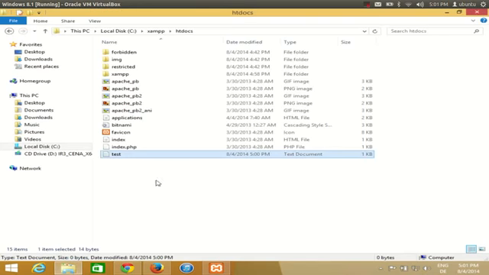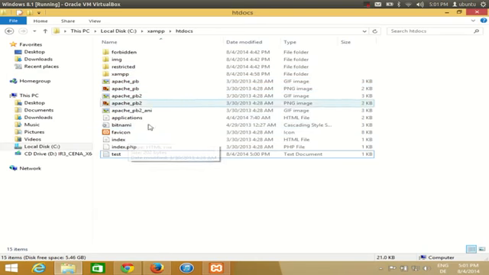If you are able to see these files or whatever content in the file, then XAMPP is successfully installed and running on your system. So whatever file or folder you add here will be able to run here,